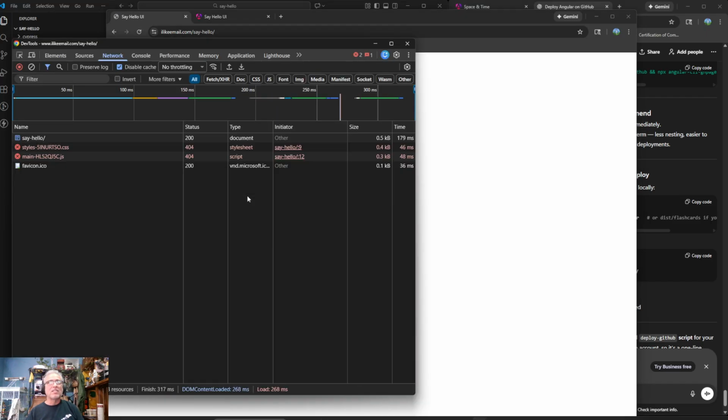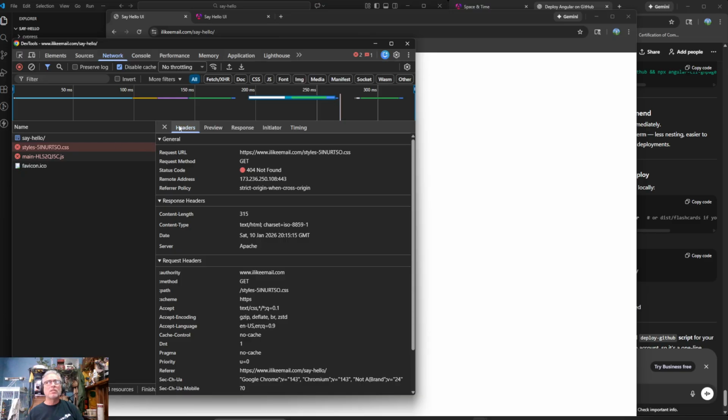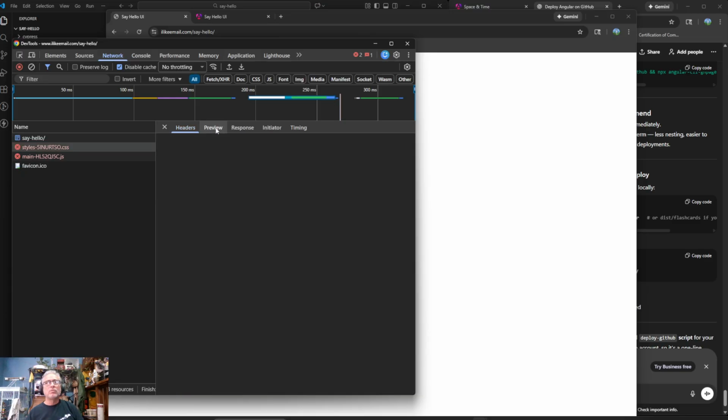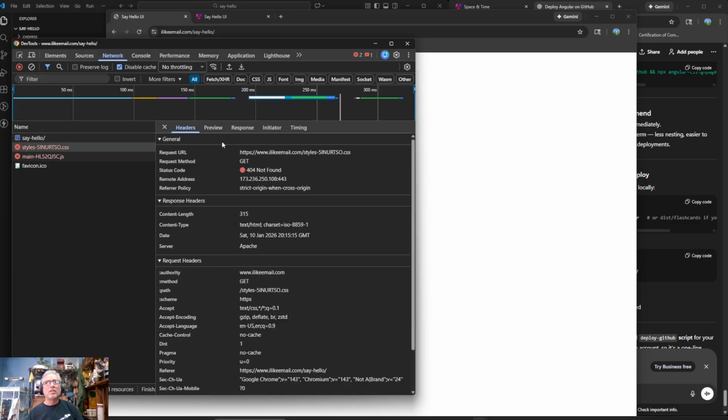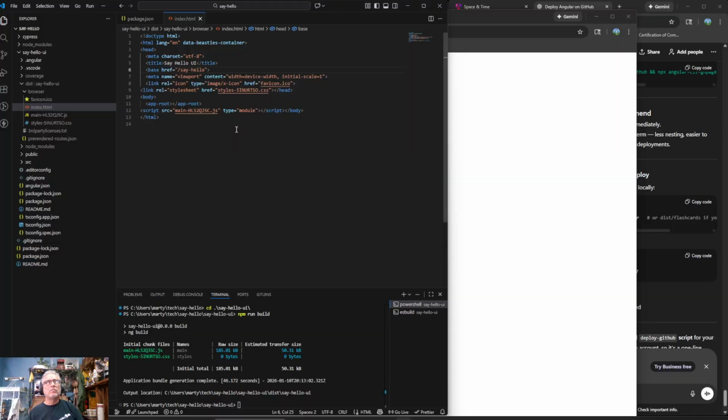Okay, so that didn't fix it either. That's weird. Preview, header. Okay, so it still tried getting it there, even though that was not there. Base href. It's kind of wild.